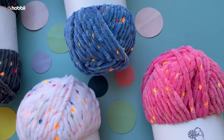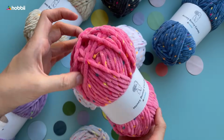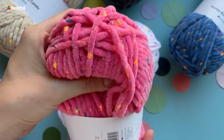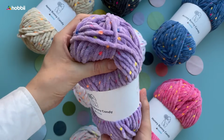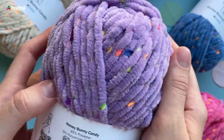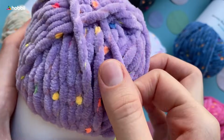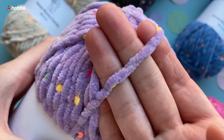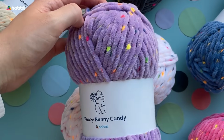It will be a pleasure to get crafty with our Honey Bunny Candy, and we promise you that you will not be able to get enough of this gorgeous, playful yarn. Honey Bunny Candy is a super bulky velour yarn made out of 85% polyester and 15% polyamide. The chenille silky and smooth texture has now gotten a sprinkle of rainbow neon flecks running around the main polyester